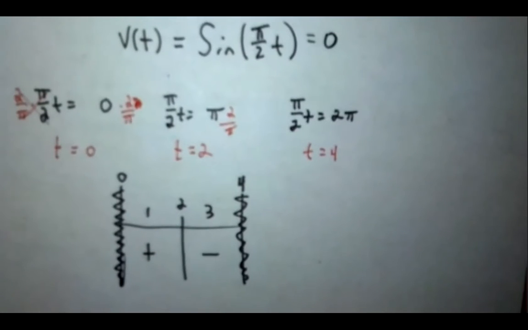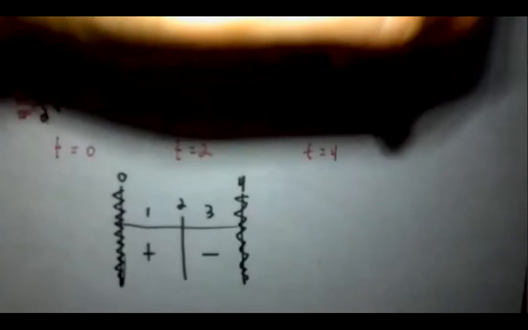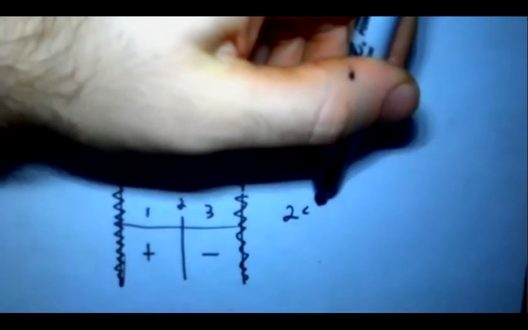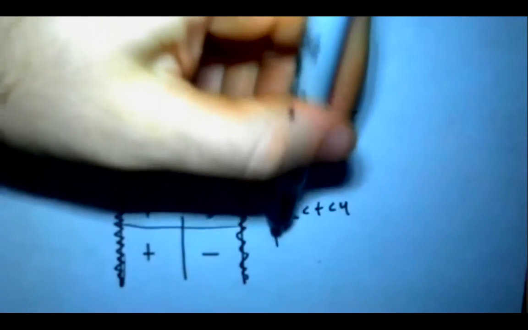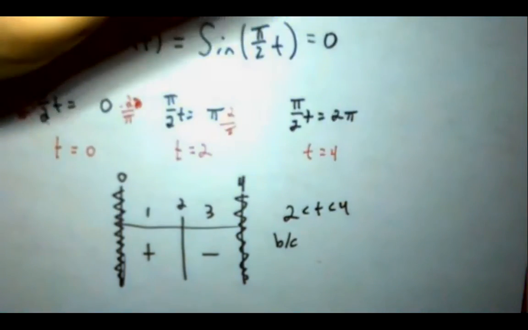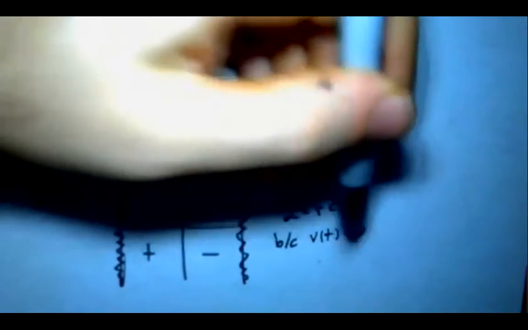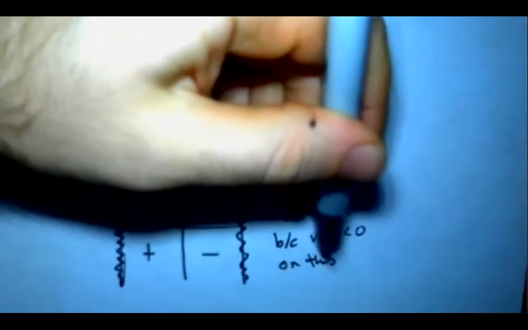The question asked, when is the velocity going to the left? How do we figure that out? We want to know when the velocity is negative. The particle, or velocity, or whatever it is they're talking about in this question, is going to the left from t equals 2 to t equals 4. And if it's a multiple choice, you're done. If it's free response, it's because v of t is less than 0 on this